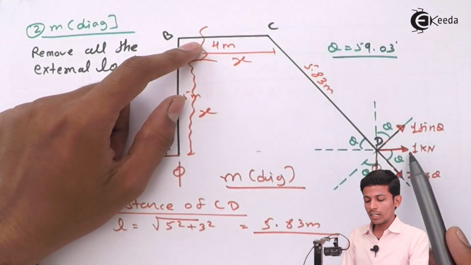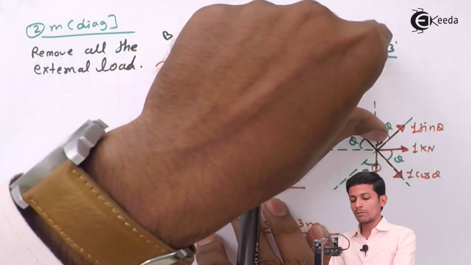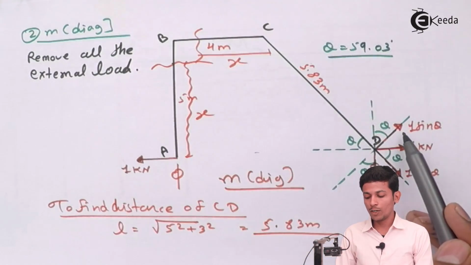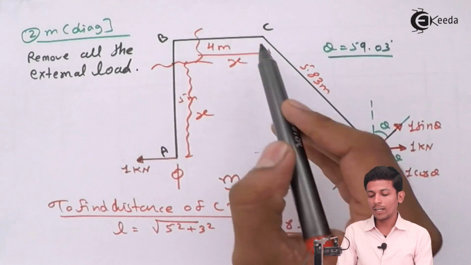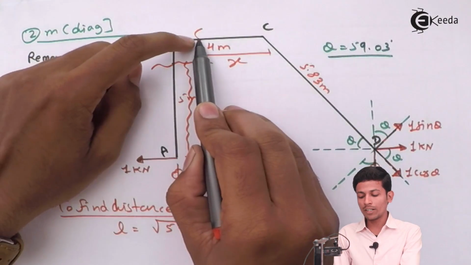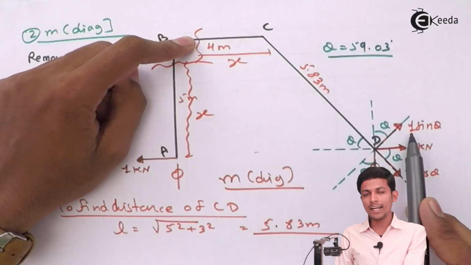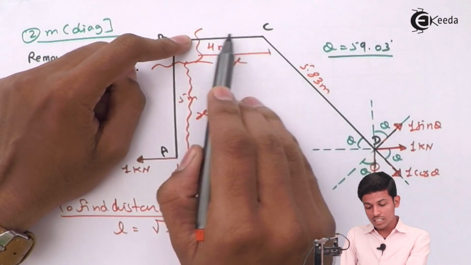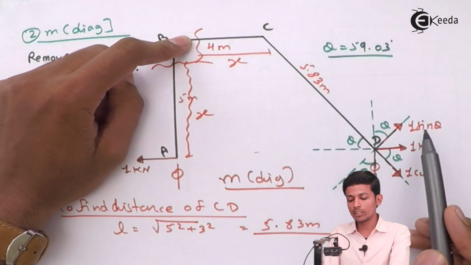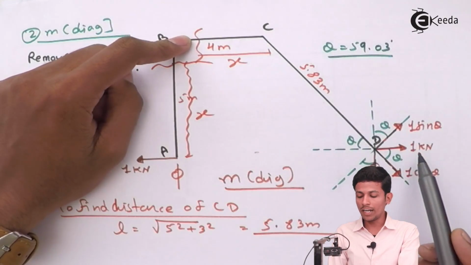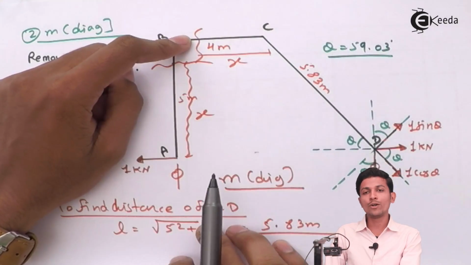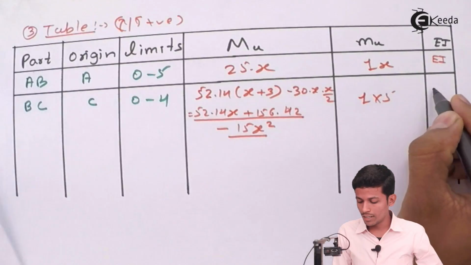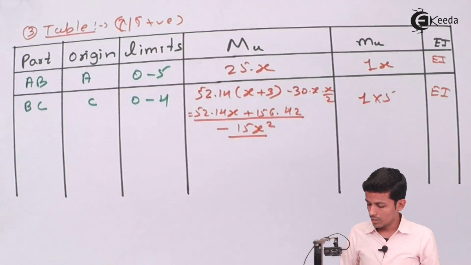Okay, now this will come as 1 into 5: force into the perpendicular distance, because we want the perpendicular distance. This 1 into sine 5 is not the perpendicular distance, because we are taking the bending moment over here. If we take 1 sine theta, the perpendicular distance will be 5.8, but since we are taking moment over here, we want this distance also. That's why no need to take 1 sine theta and 1 cos theta; only take 1 into this distance, which will be 5. 1 into 5 will come positive, and EI will be constant. After that,